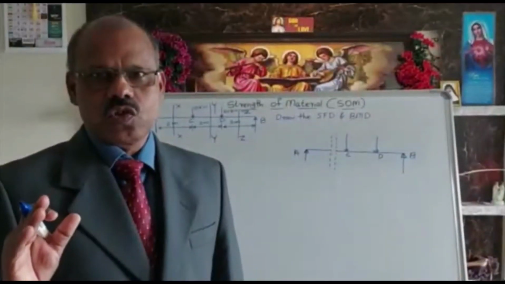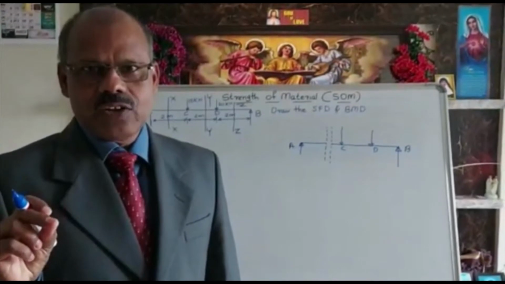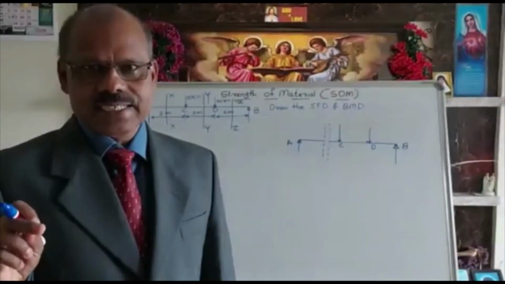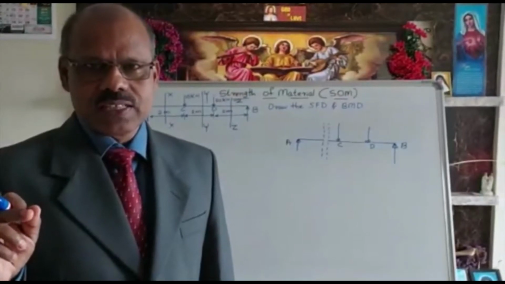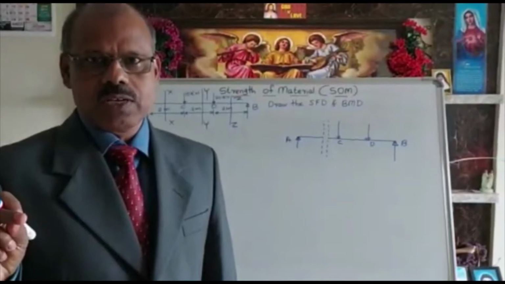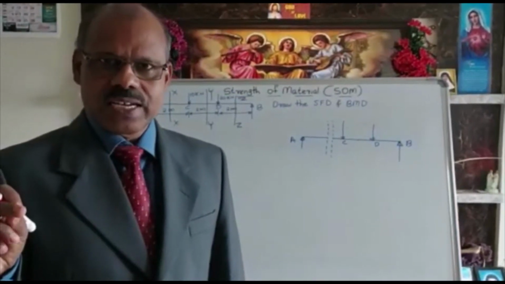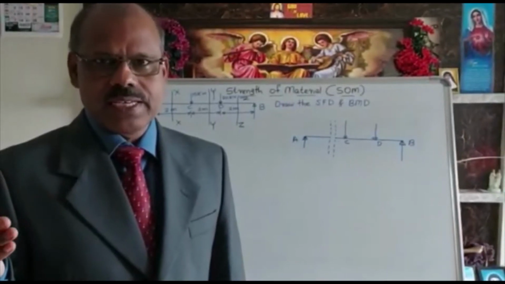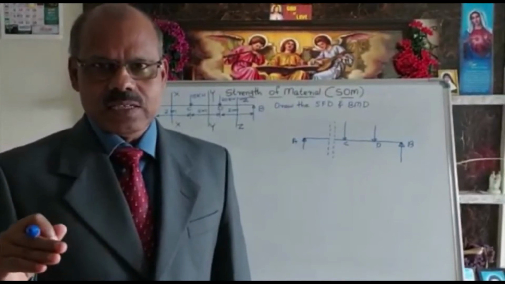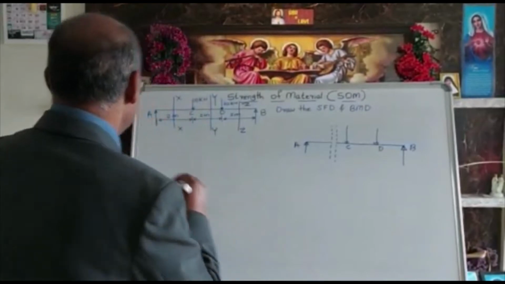When we start to solve this question, the first thing that we have to do is finding out the reaction at A and reaction at B. How to find out the reaction at A and B? By using the equations of statics, that is sigma x equal to 0, sigma y equal to 0, as well as sigma M equal to 0, that we have already solved in engineering mechanics. So I have the answers for RA as well as RB that I am writing over here.